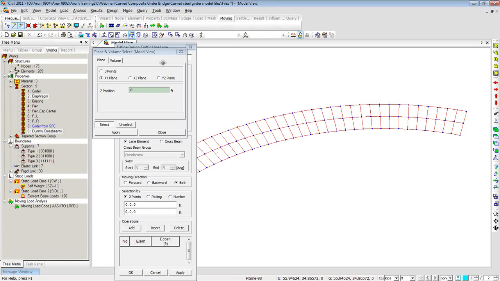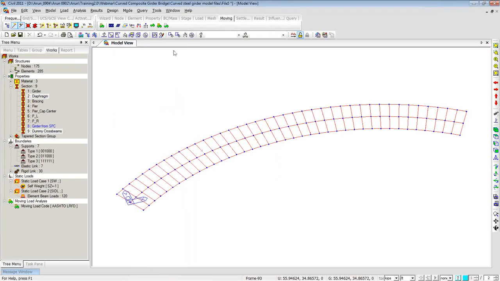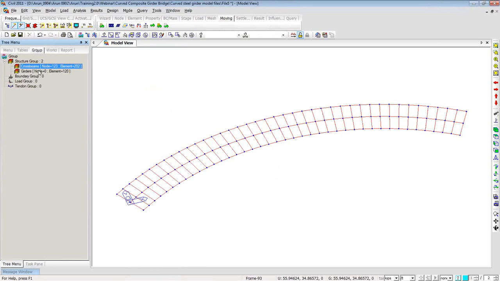I realize I made a mistake. Let me close this and come back. So if I double click on the cross beams, I notice I have selected all the girder elements also, but I just wanted to consider all the cross beams. So what I'll do here is unselect everything